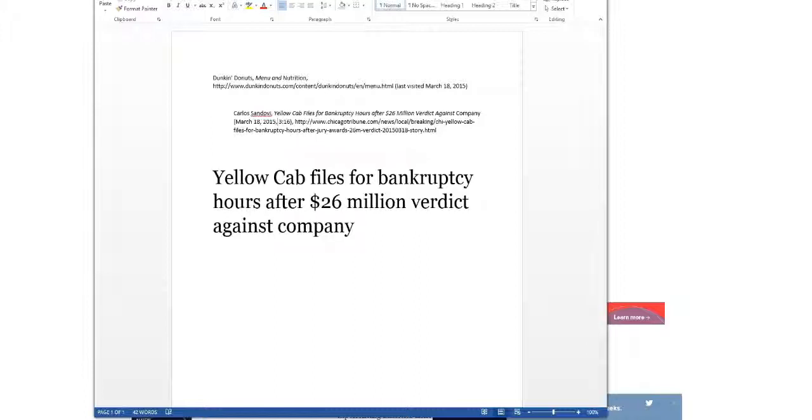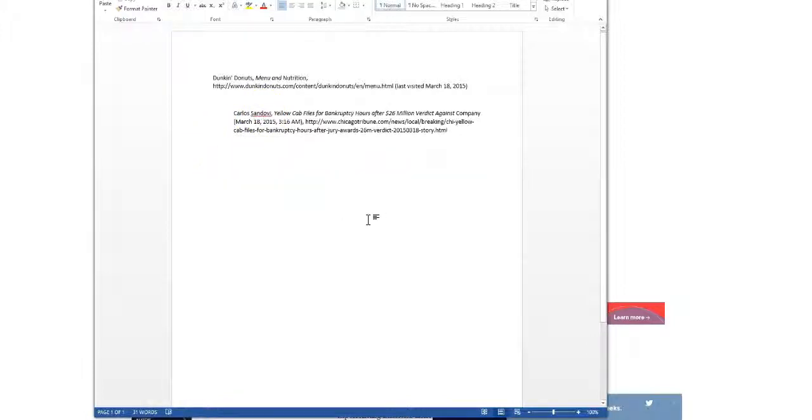the time. Now 3:16. I know it sounds stupid, but it's going to be AM, and this needs to be spaced. If it's 3:16 p.m., you need to put PM right there. Okay, so here are the two different types of citations that you'll be doing at an entry-level class, like most